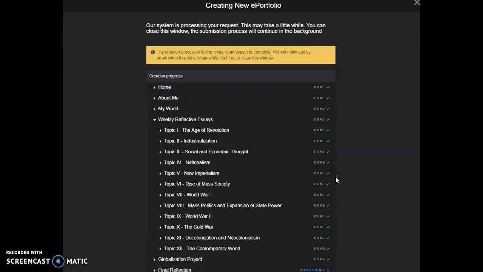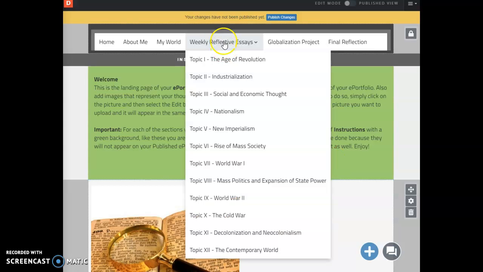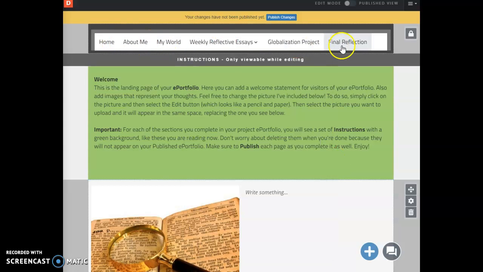We've skipped ahead about a minute, and we see that now the ePortfolio is being completed finally. We're being sent then back to Digication so that you can actually see your ePortfolio. And here it is. This ePortfolio I created for my classes, but your professor will have his or her own template to use, but you'll notice that a lot of different pages are in here. So don't think that it has to look like this. Yours will probably be quite different.